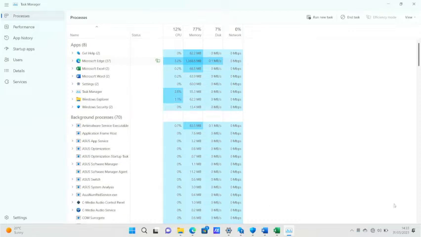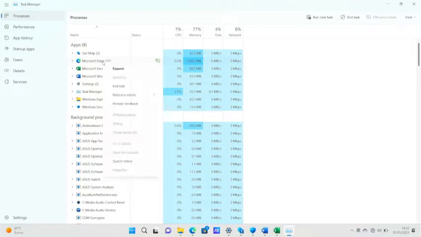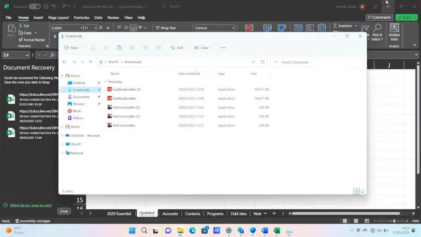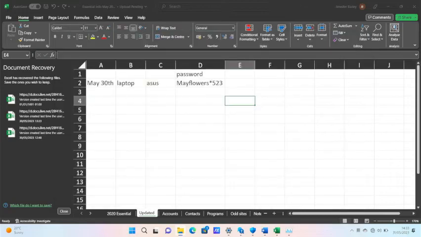So what we're going to do is go to Edge, right click on Edge and do End Task,